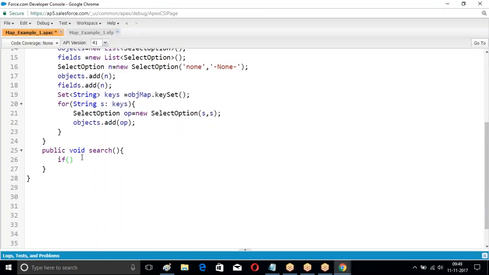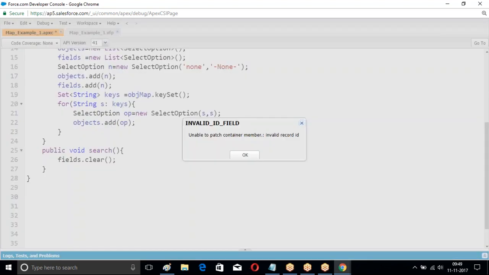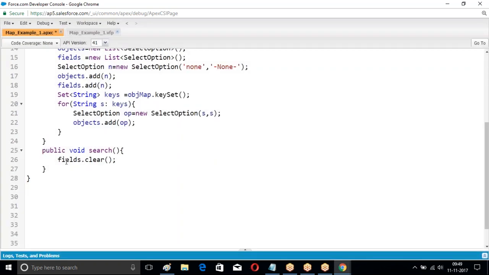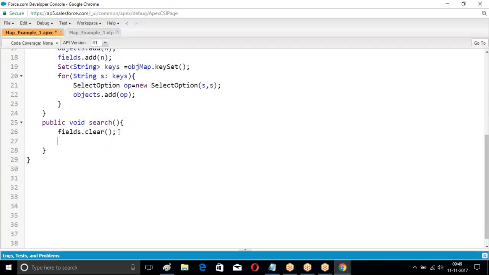First, whatever it is, first remove fields dot remove all the options from the fields. The moment I change from account to contact, first the account fields should be removed from the list. Remove the account fields, then you have to add contact fields. So that's the reason I am doing clear. Then what I am doing? Check if